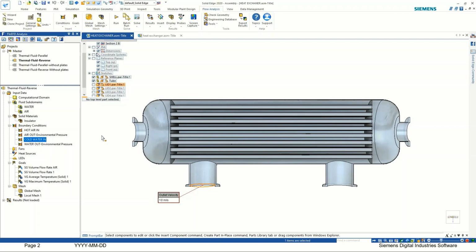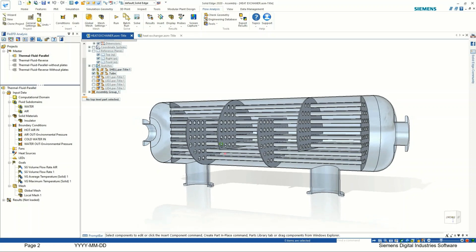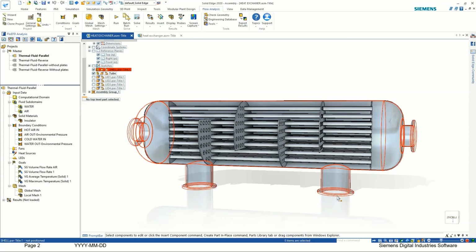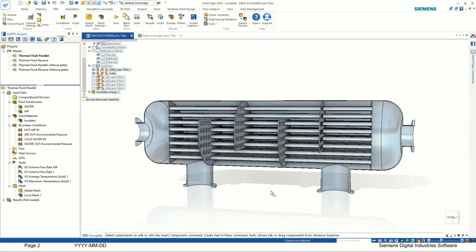Here is one more variation, and that is we have some plates in the model. The top two models have some plates, and the bottom two projects have no plates. So we are going to see the effects of heat exchange with plates and without plates also.